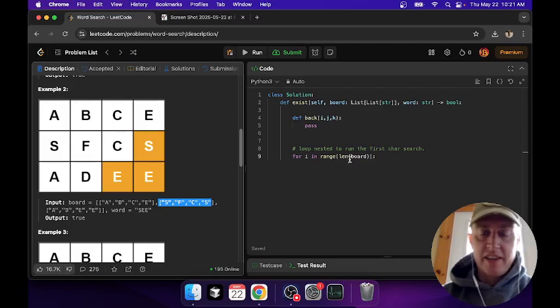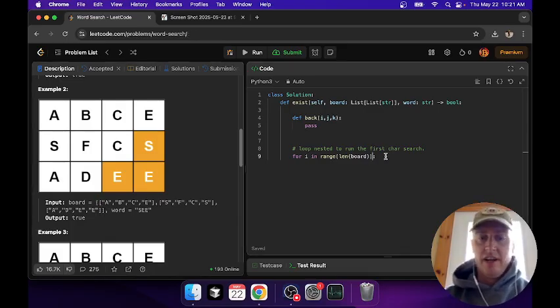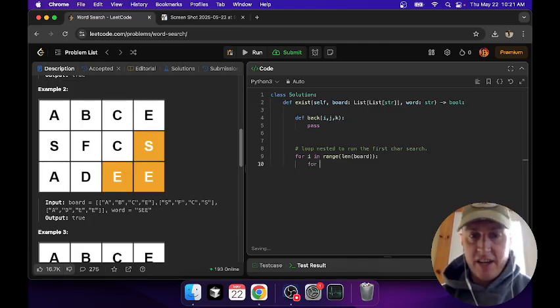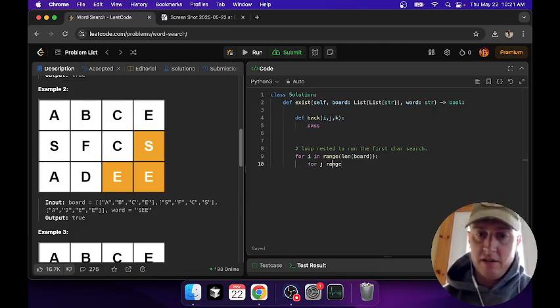So the length of this board is going to be how many rows there are. See, you're essentially checking the length of this array here. And then inside this, we need to check the columns. So for J in range of the length of the board,